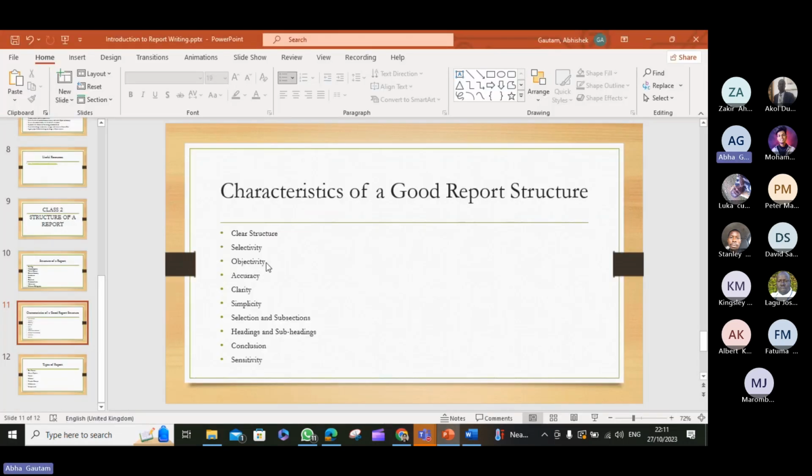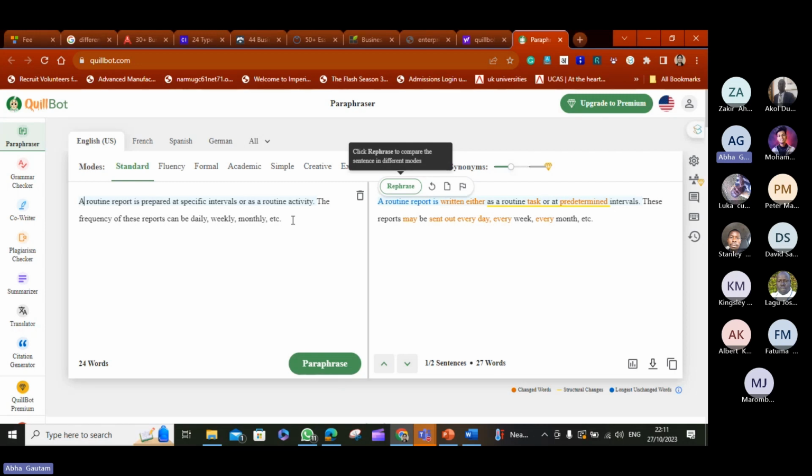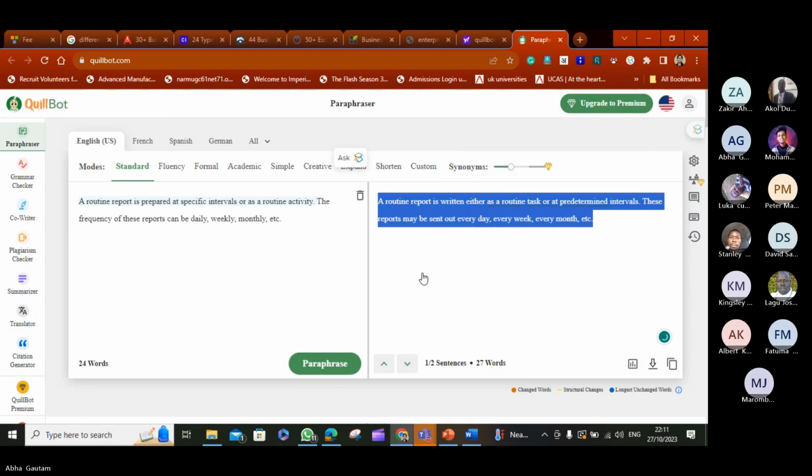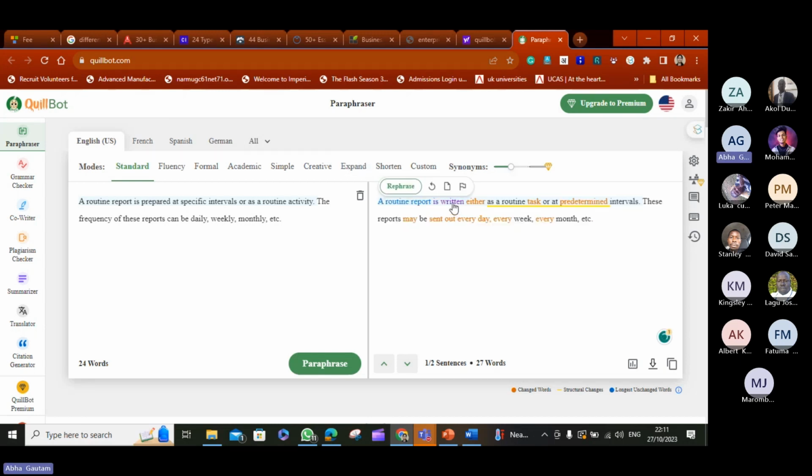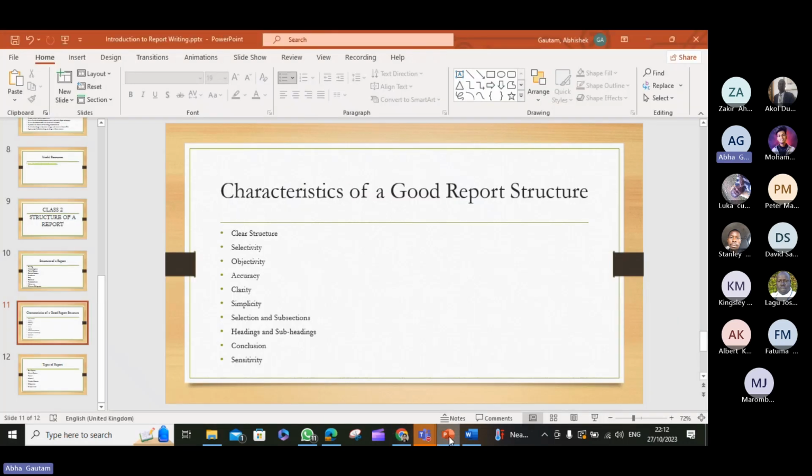when we say selectivity of words, sometimes people just copy paste the paraphrased version. But you have to be very careful, because if you change this keyword, see, I am clicking on "either" and it is showing you so many options. But if you change it to any of them, sometimes the meaning gets changed. It can remove the thin line between formal and informal reports. It can change your language, the style of choice, selection of words. So you need to keep in mind what you are using, and for that you need to know the purpose of the report. Okay,